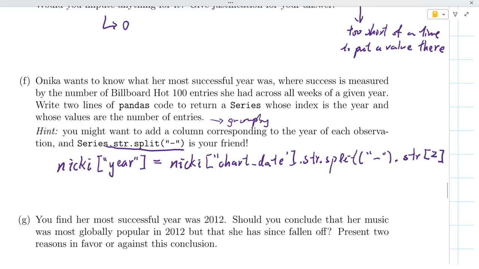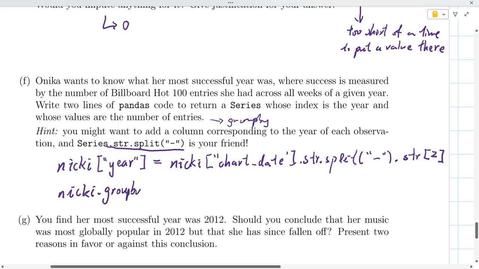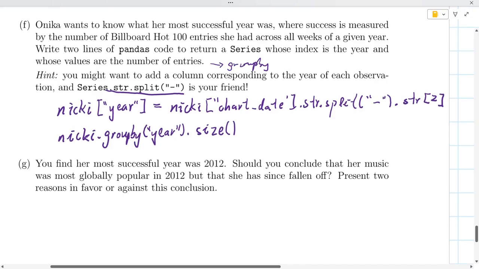So we have a year column. Now we just have to group by it. So, the dataframe .groupby of year, and then .size, then we'll get the number of elements per year. Okay, that was a little bit tricky,